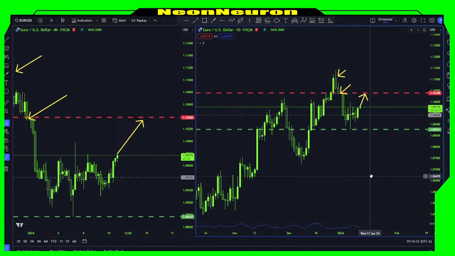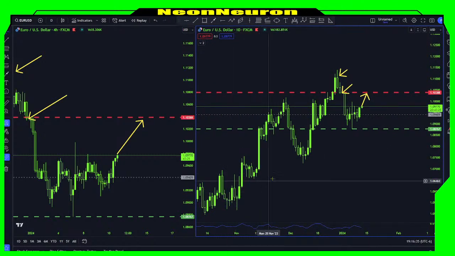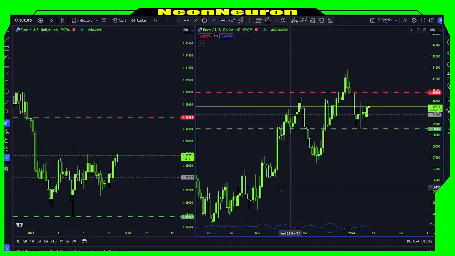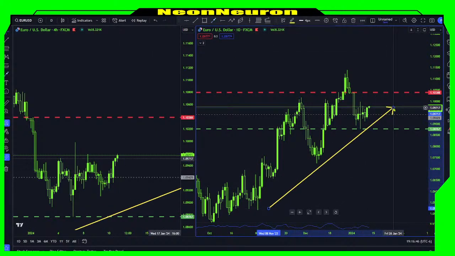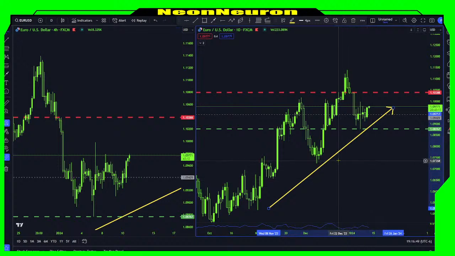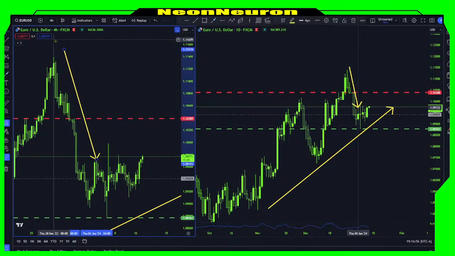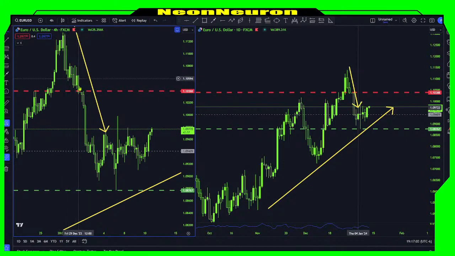If we look at the daily here, you can see the trend is up. So let's get rid of all this noise. On the daily time frame, you can see that the trend is up. But if we go to the lower time frame over here, the 4 hour, you can see that the trend looks like it's down. And if you're playing on the 4 hour, then this is kind of what you're looking for. You're looking for that intraday trend